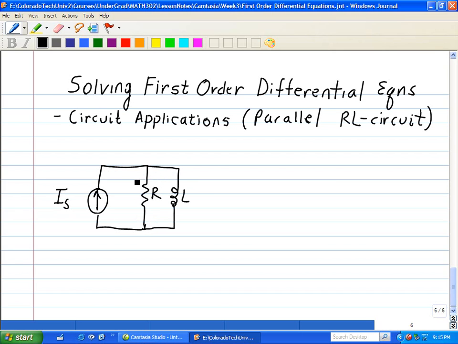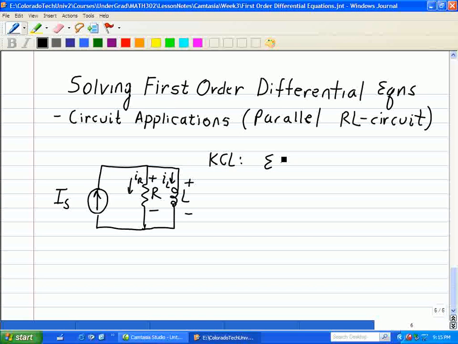So here we have a current I sub R through the resistor and a current I sub L through the inductor going in the direction as shown, and we'll label the polarities as a result of selecting that current direction to be as follows. So here, using KCL, the sum of the incoming currents we'll call at node A